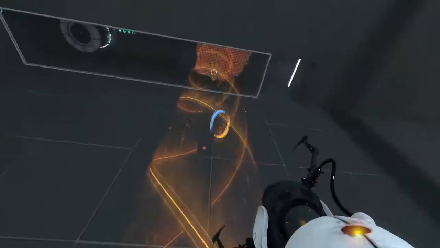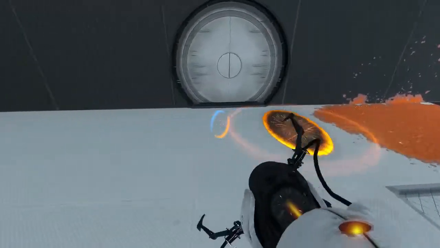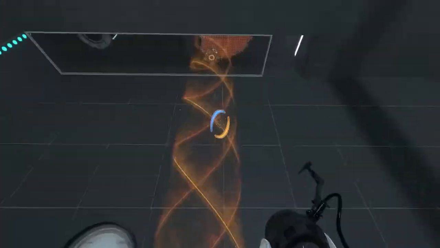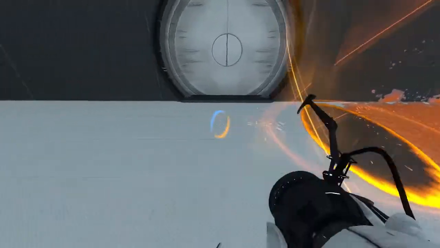Why is that not placing? I'm trying to place my blue portal every single time you've seen me fire that last portal. And it's just not working. Not enough room, maybe, but...